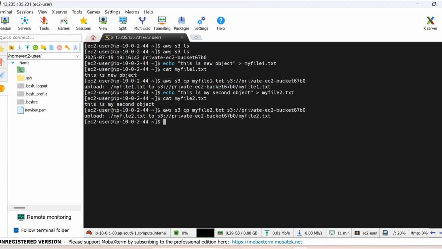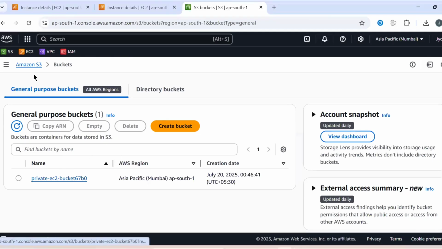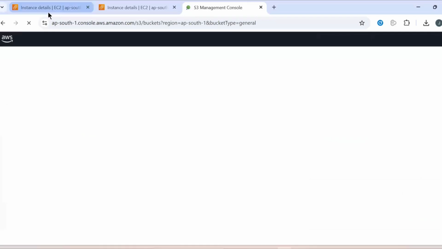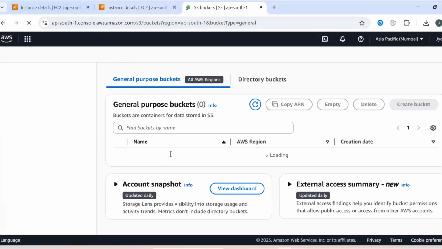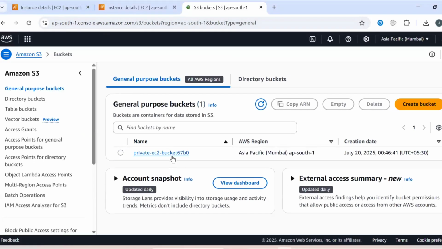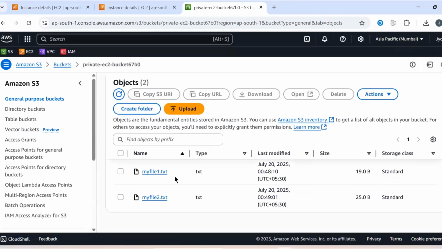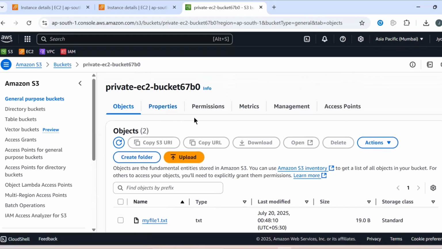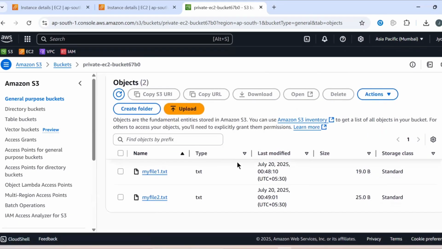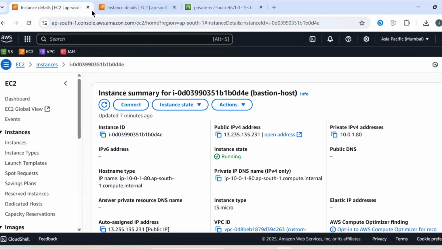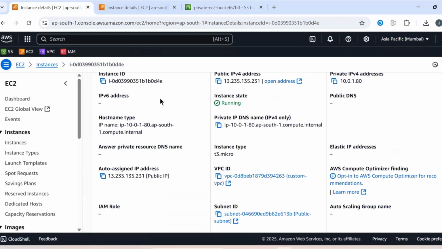Now let's check whether these objects are uploaded into this S3 bucket. Just open this bucket and check whether the files exist. We have successfully uploaded two objects, myfile1.txt and myfile2.txt. So we are securely connected from the private EC2 to S3 using the Bastion Host, IAM Role and VPC Endpoint